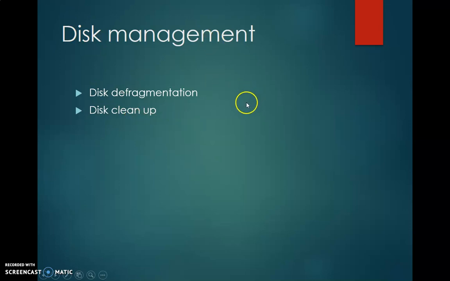It happens with our mobile also many times. We are not getting space, so sometimes we need to delete some apps, but again if we install them, then they work. So for this defragmentation, you can go step by step through system, all programs, system tools, and you can defragment your disk, so you can try.